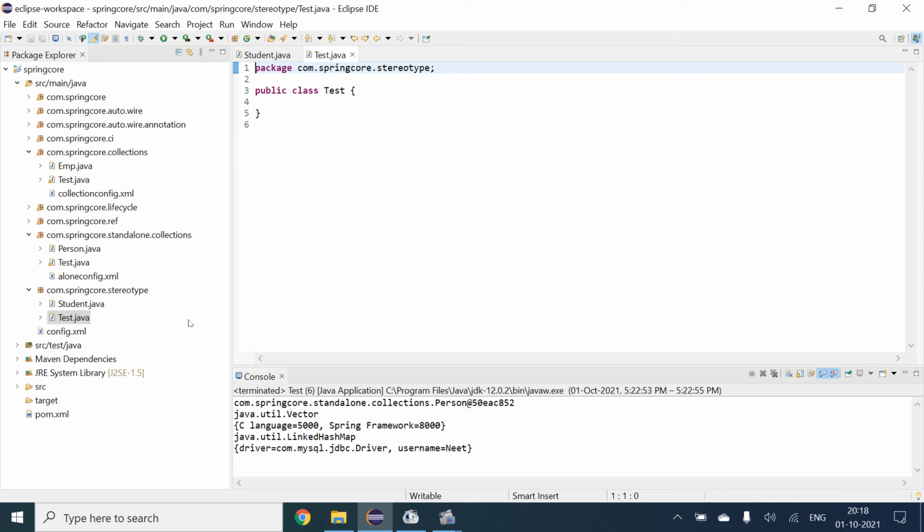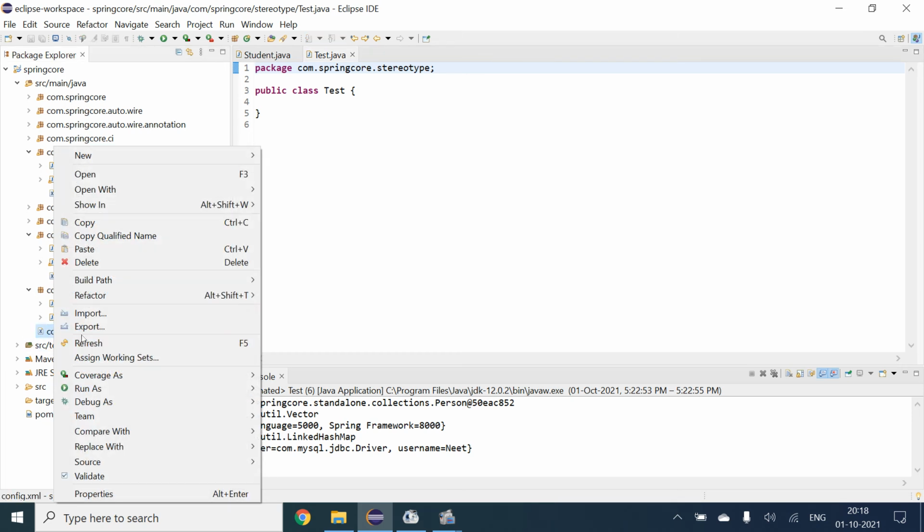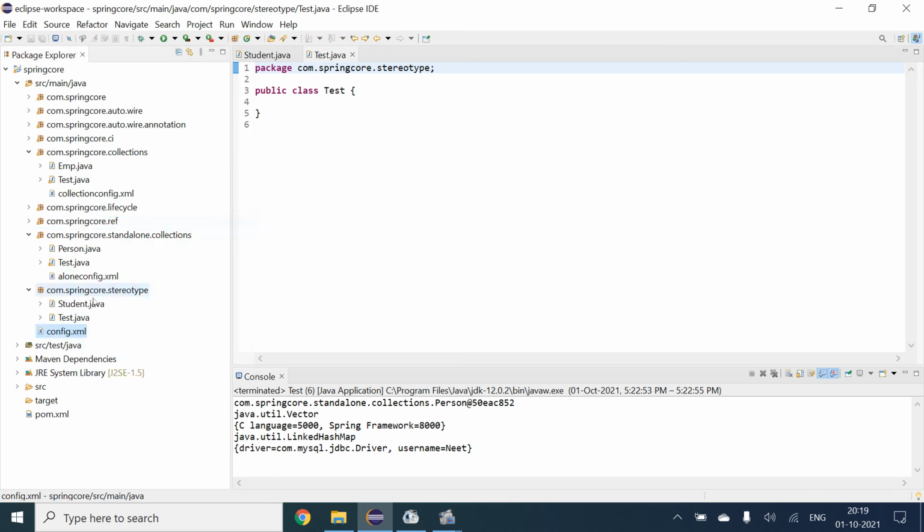Now we will copy this XML file and try to paste it in this stereotype.